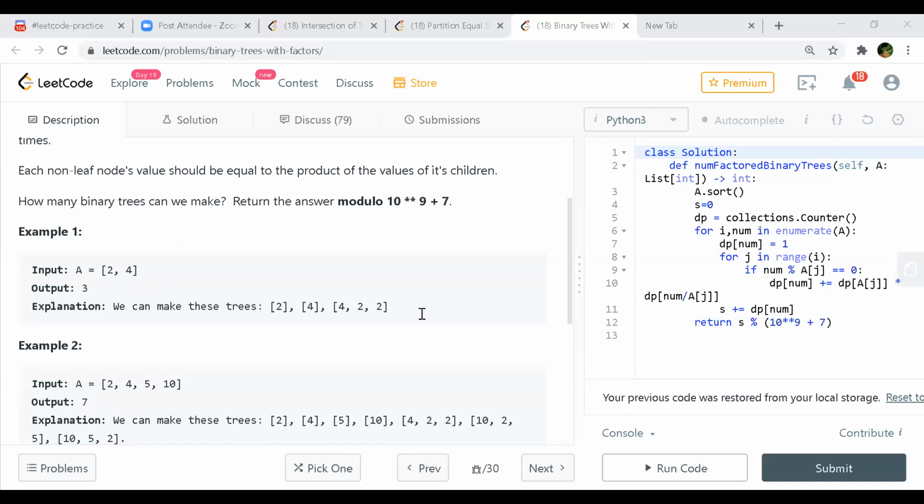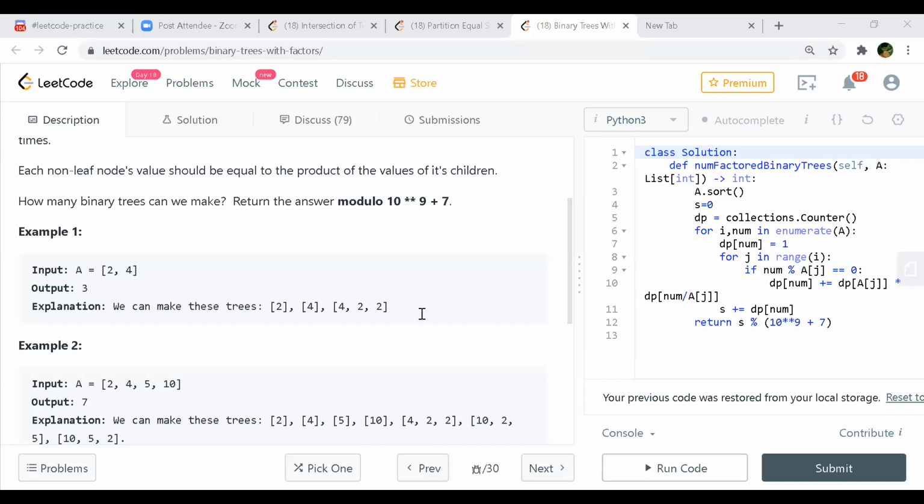So here we are given an array of all such numbers. We can go in a while loop to find pairs of numbers. In the first example, it is fine.